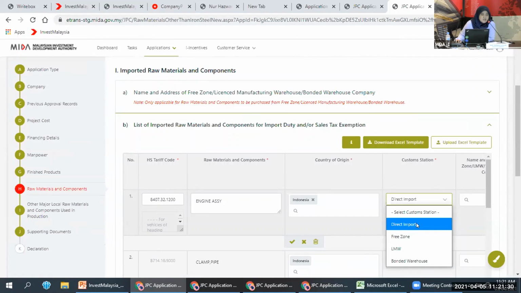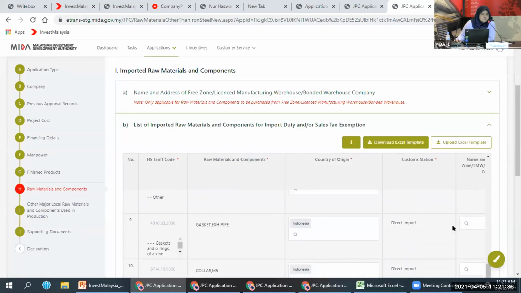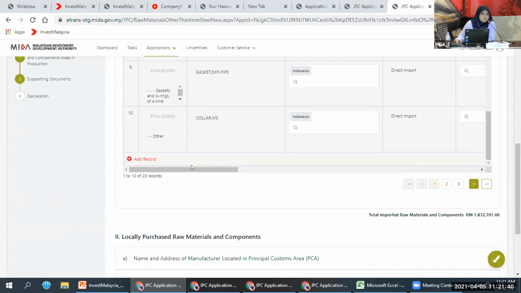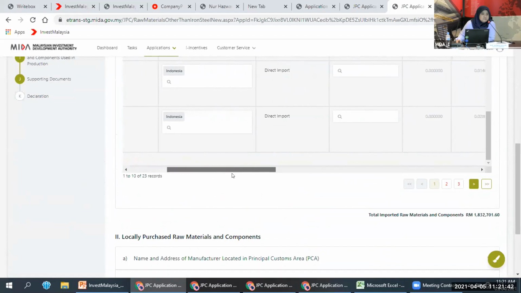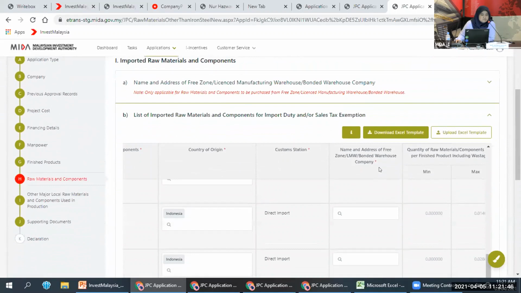If you select directly import, you don't have to key in the name and address of the free zone, LMW, or bonded warehouse company.